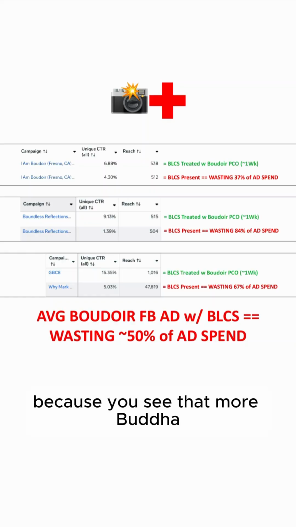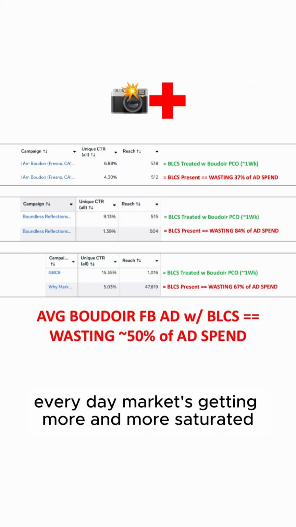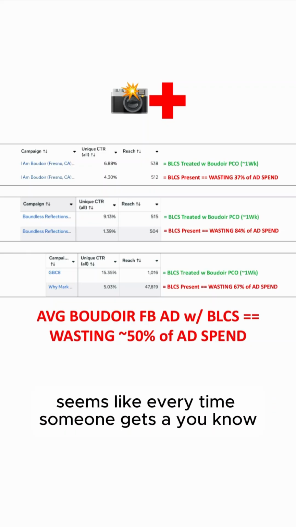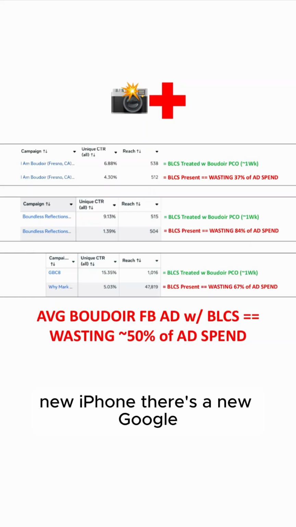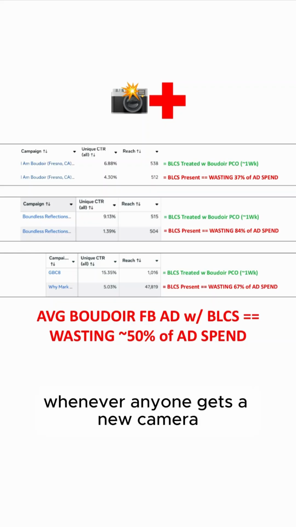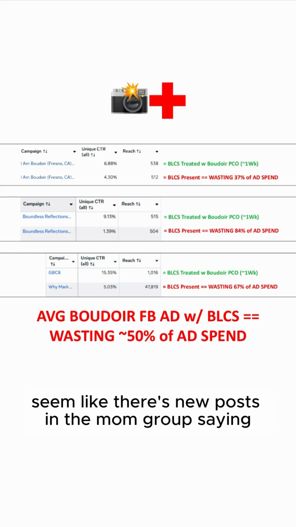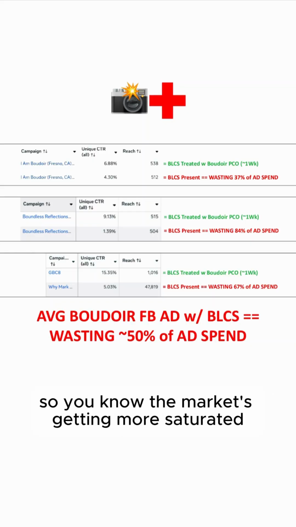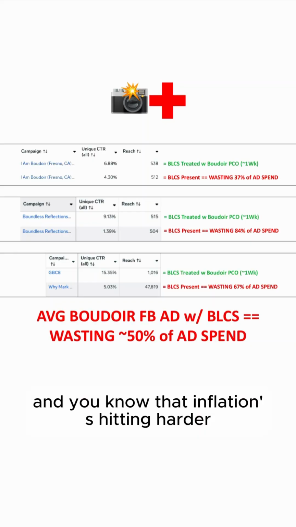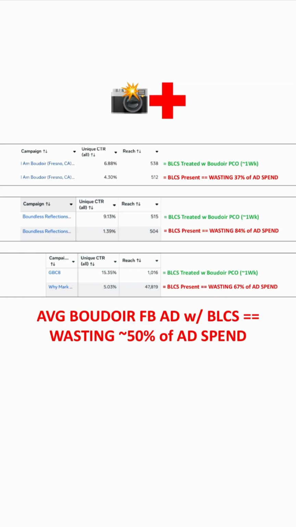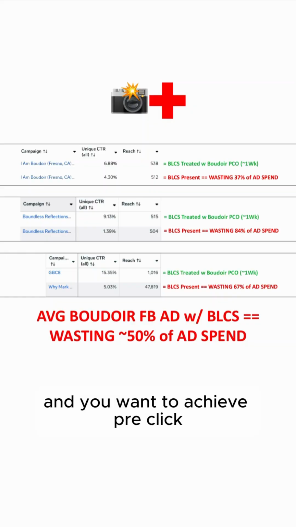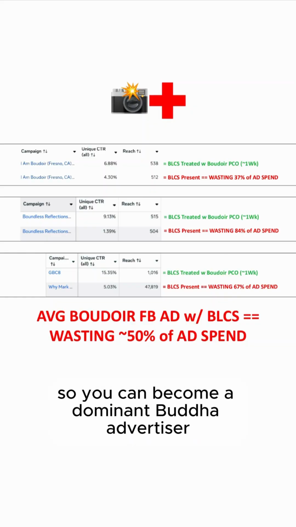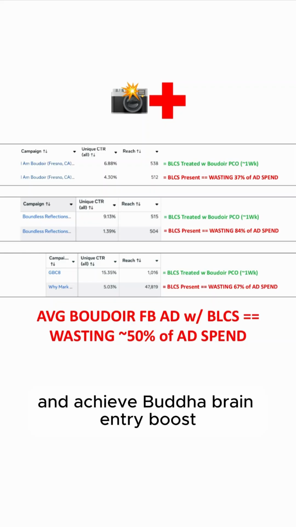Because you see that more boudoir photographers are entering the market every day. The market's getting more and more saturated. Seems like every time someone gets a new iPhone, there's a new Google My Business profile going up saying they do boudoir shoots. Whenever anyone gets a new camera, it seems like there's new posts in the mom group saying that they do boudoir shoots. So you know the market's getting more saturated, and you know that inflation's hitting harder, and you want to achieve pre-click alignment in your boudoir Facebook ads so you can become a dominant boudoir advertiser and achieve boudoir brain entry boost with your boudoir Facebook ads,